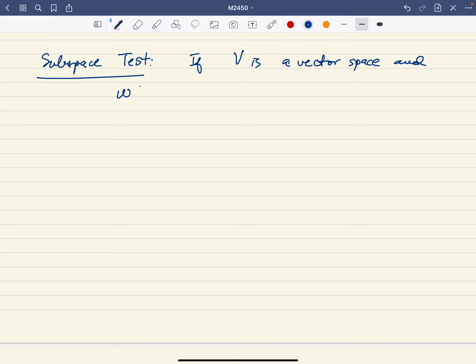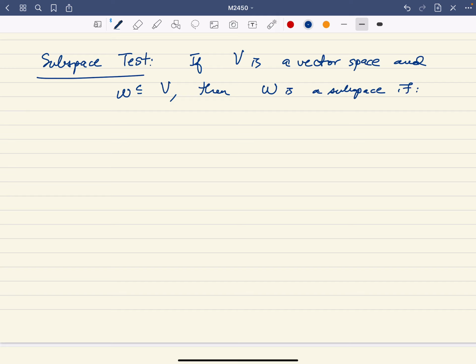It turns out that there's a nice, clean criteria for checking whether or not a subset is also a subspace. This is often given the name the subspace test, and that's what we'll call it. The subspace test says the following. If V is a vector space, and W is a subset, then W is a subspace